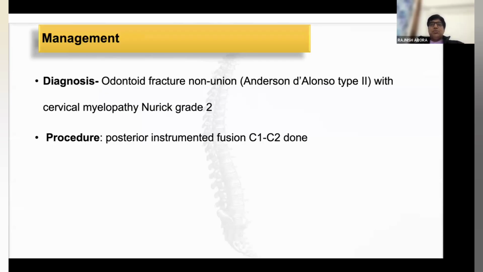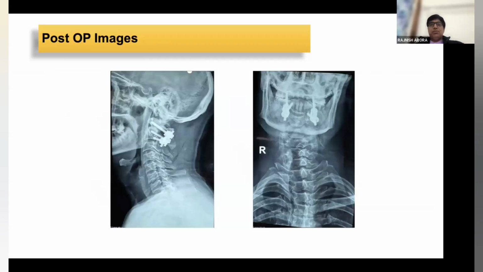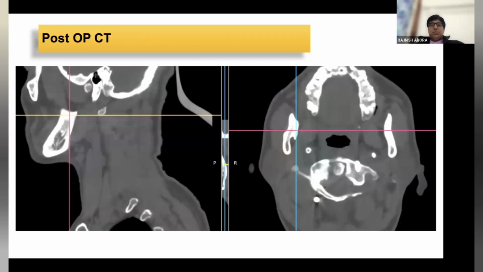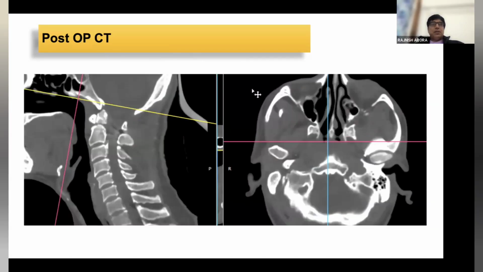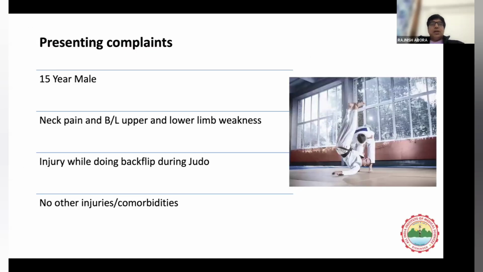So we did the posterior instrumented C1-C2 fusion, and the patient did fine thereafter. I will not share the CT because there was no malpositioning of the screws, and good alignment was achieved in this patient. So third was a young lad who was a state level athlete, and while performing judo,